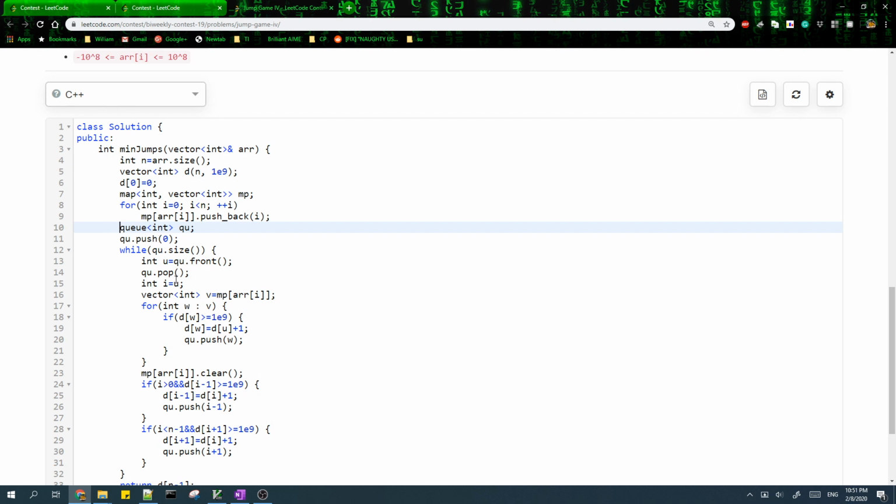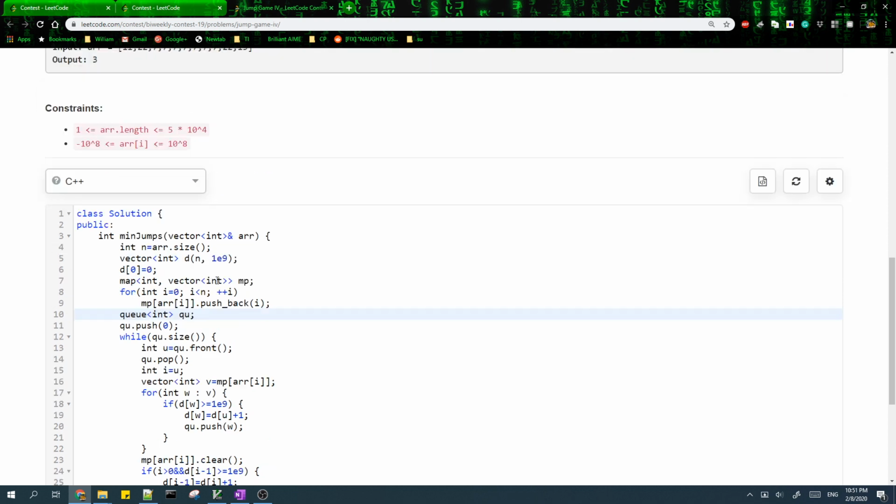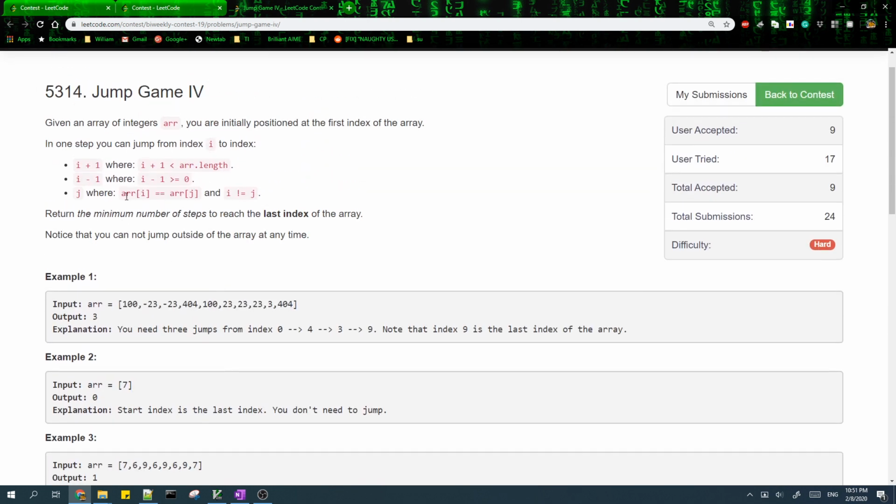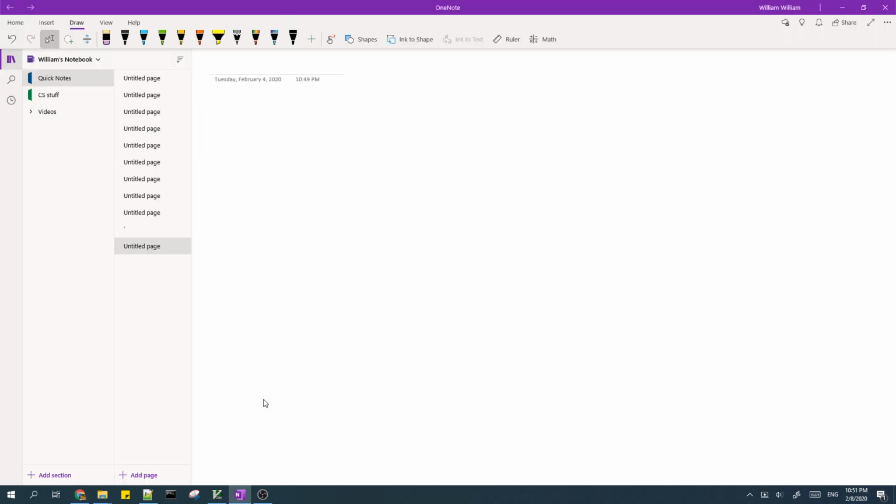So what we do is we'll use a breadth first search on the graph. The first time we encounter a node with the value of x, we'll create the edges from that node to all other nodes with value of x. But each other time we encounter a node with value of x, we'll just not create any more edges. So what I mean by this is, let's say